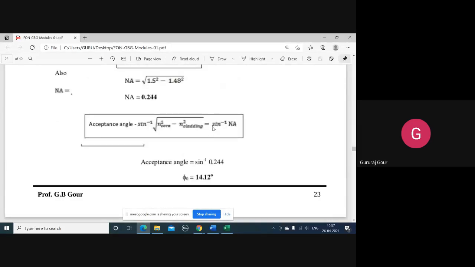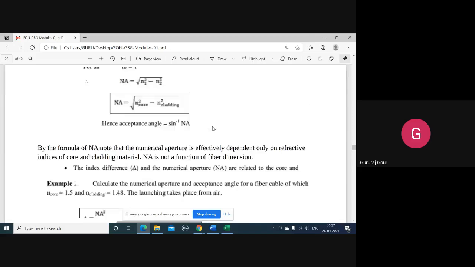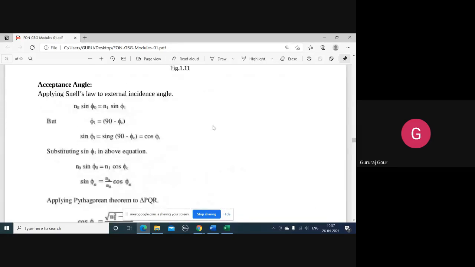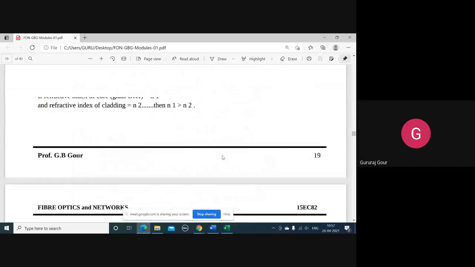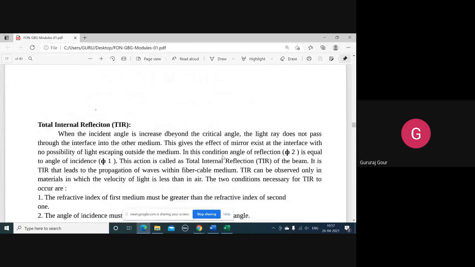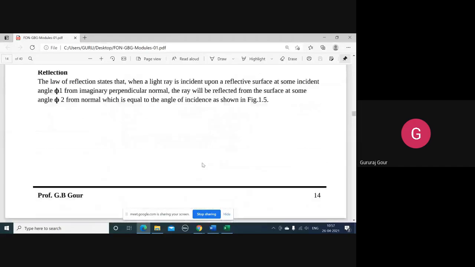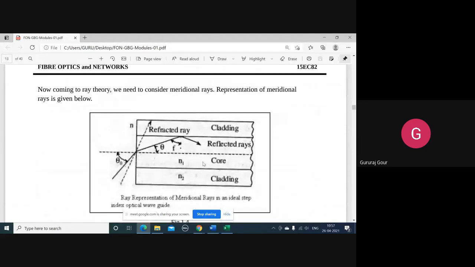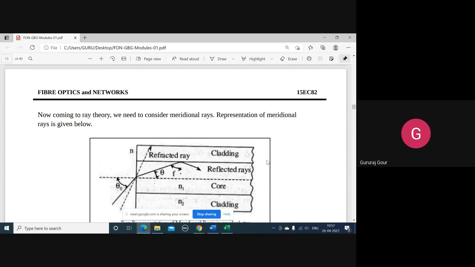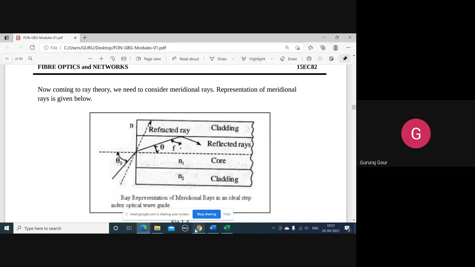So today what you can do is practice these very simple derivations, starting with Snell's law and describing these diagrams. These diagrams are important, this diagram and this diagram, and this derivation, all that we have discussed. So practice these diagrams along with their descriptions and derivations, and try to solve the problems, and with the calculator see whether you are able to get those answers or not. So calculation is very much important. I will stop today's discussion.